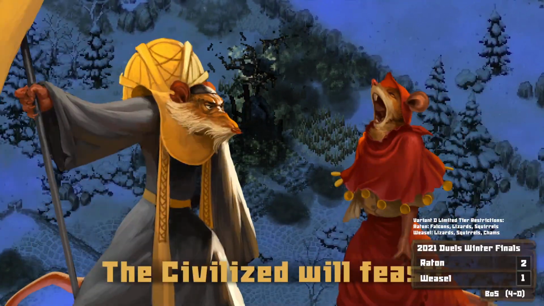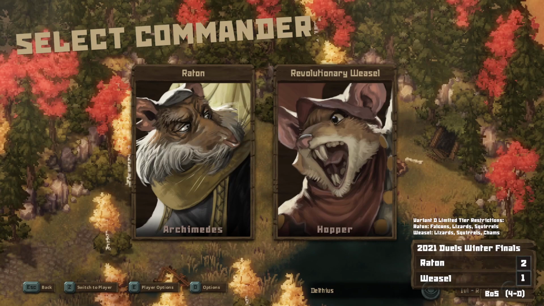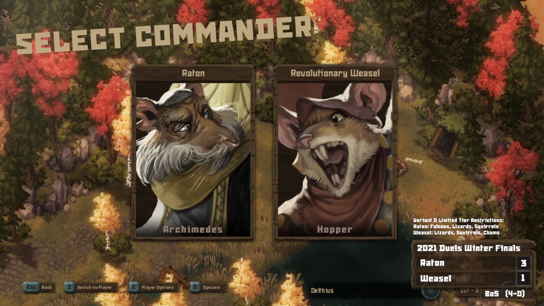That is hit. Raton with the style points for the victory there. Congratulations to Raton. Raton will advance forward to round 2. Weasel has no, I'm sorry. This was the grudge match. So Raton fought for his position to go back into round 1. So this was kind of a preliminary match for the season. But don't go